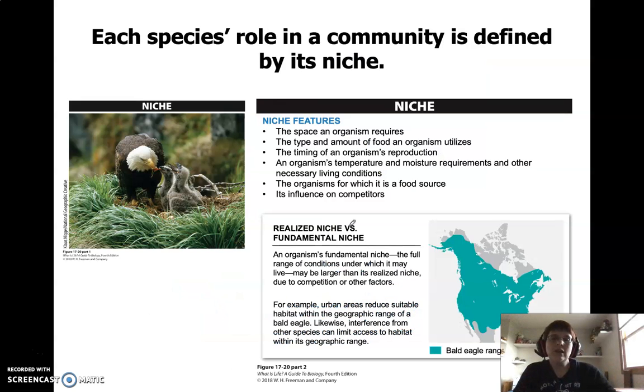So what I want to look at next is basically what we call the niche. So we often think about animals having a habitat, which is kind of where they live. But really, it's more than just that, and that's what a niche is. So a niche is not just the habitat, the place where an organism lives, but it also includes